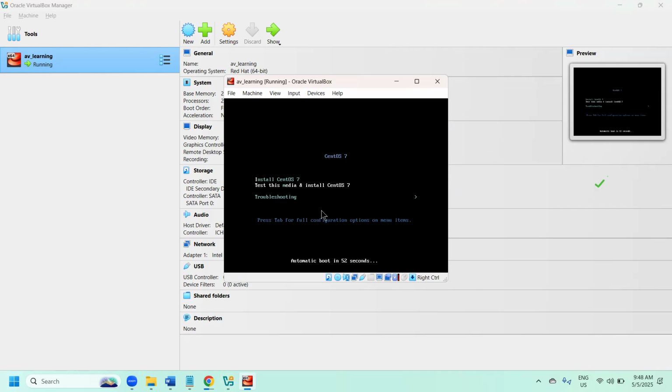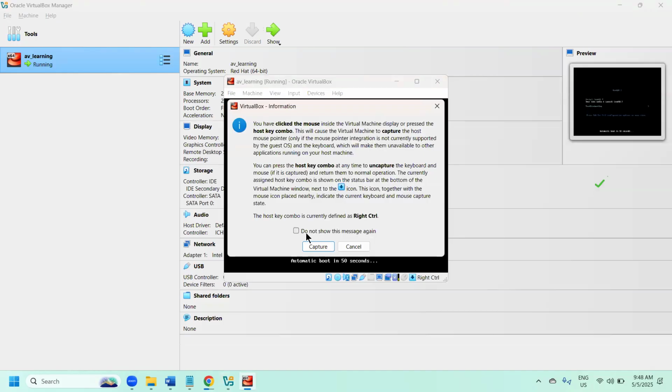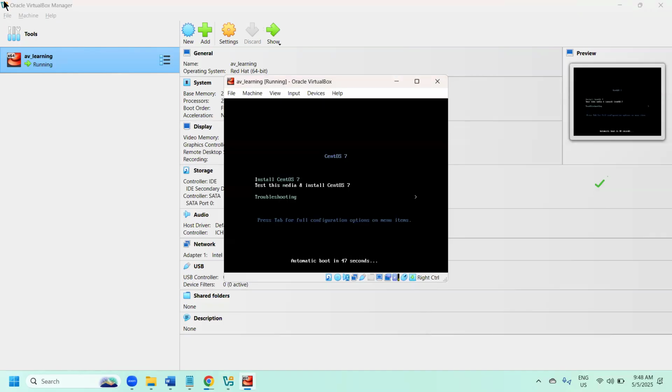So automatic boot in 53 seconds. Press Enter if you want to. Within 43 seconds, the installation starts. Within 40, within 39 seconds. So we can also do that. One more thing: if you want to go inside of this, just click on it. Since we are just waiting, install CentOS 7. Within 19 seconds, it will, very first time, try to